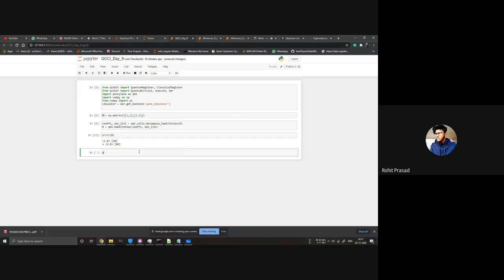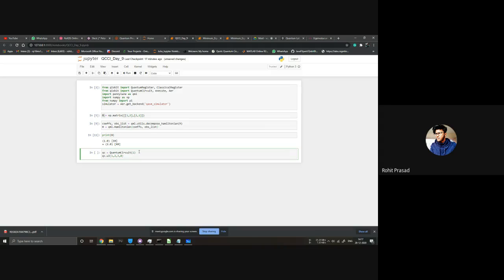For that I just make a QC equal to QuantumCircuit of 1 qubit, and then say QC dot u3, and just give a random 1 comma 2, 2 comma 3 on the 0th qubit. These are the three parameters that you need.